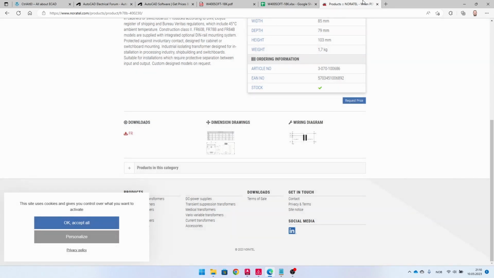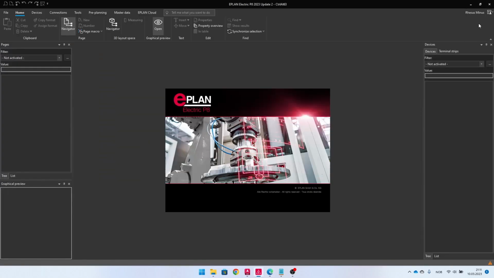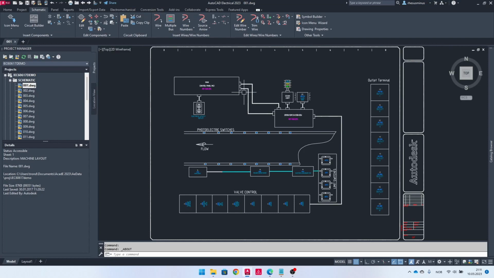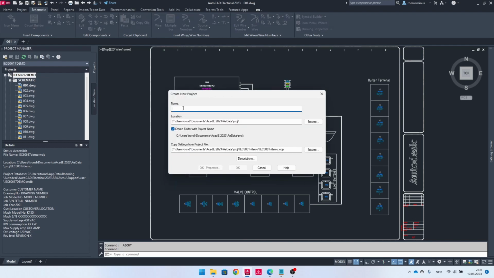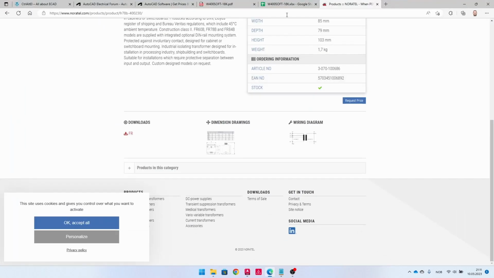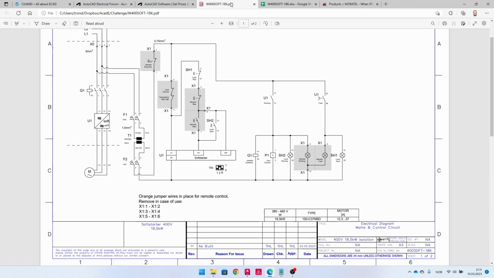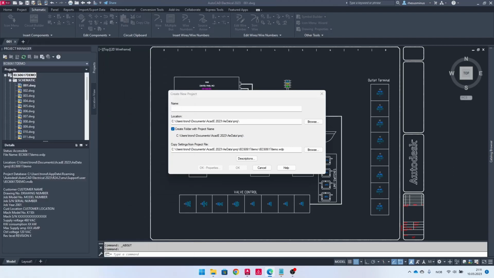So let's get started. I will start with AutoCAD Electrical, and then I will draw the same with EPLAN afterwards. So in AutoCAD Electrical, you will start by creating a new project. So I will just say I want to create a new project, and I'll just move this PDF over to a separate screen, so I can have a look at it while we go along. And this project should then be called W400